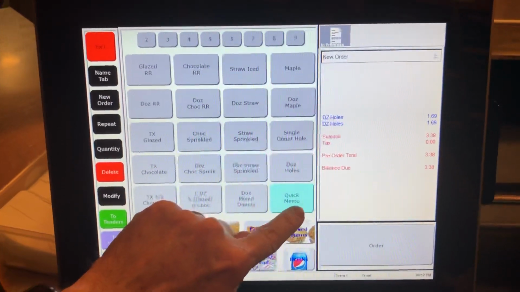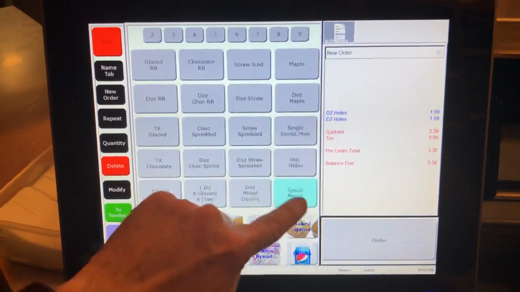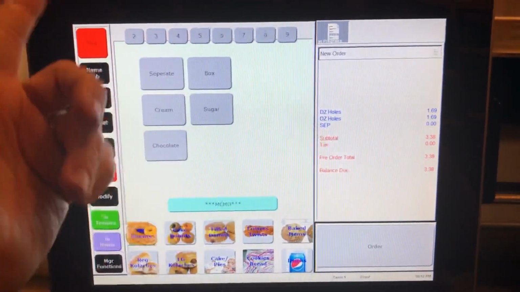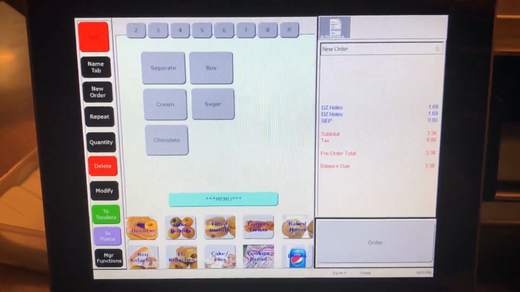You'll click on Quick Memo. It's the same place the memo button was, it's just now it's called Quick Memo. Quick Memo, separate, and then you continue ordering. So now they say, hey, I want